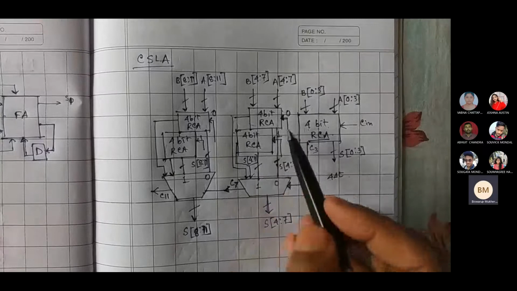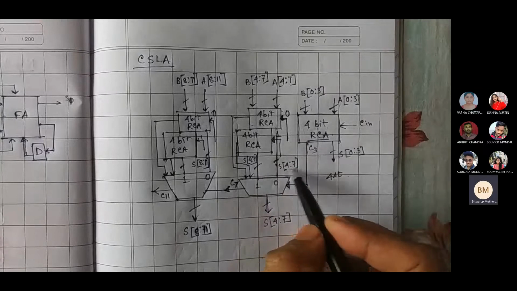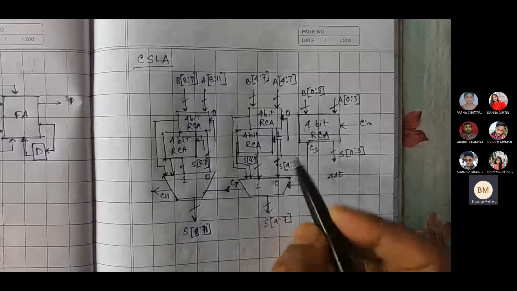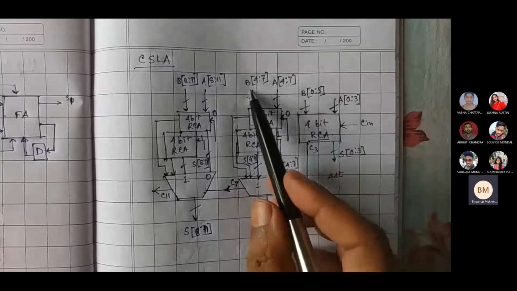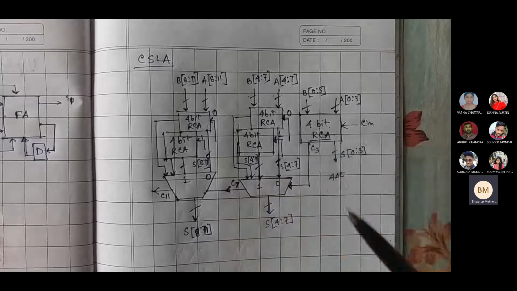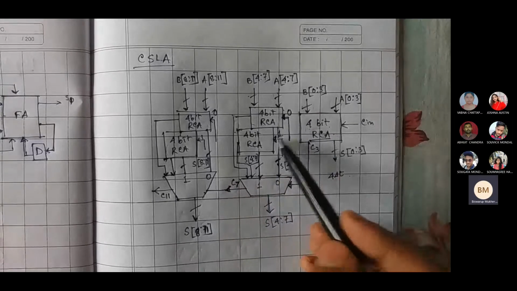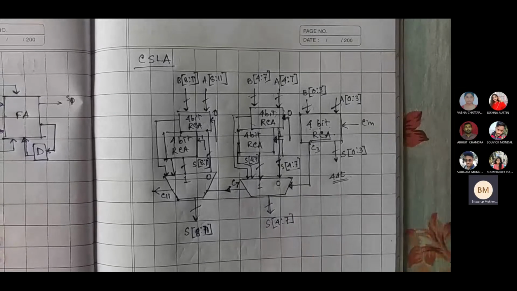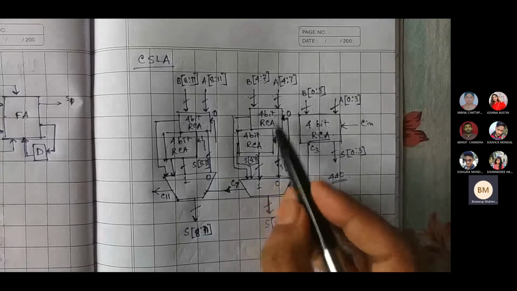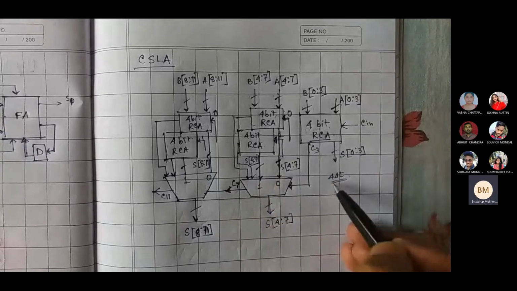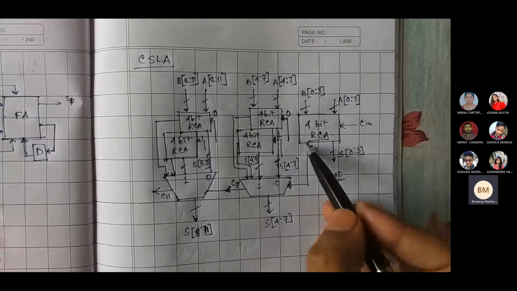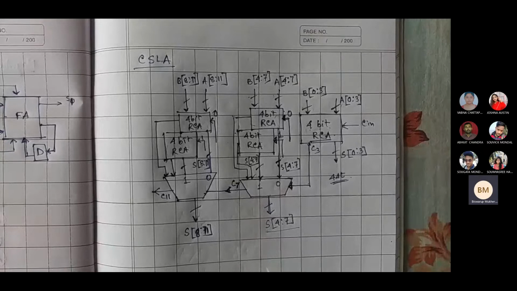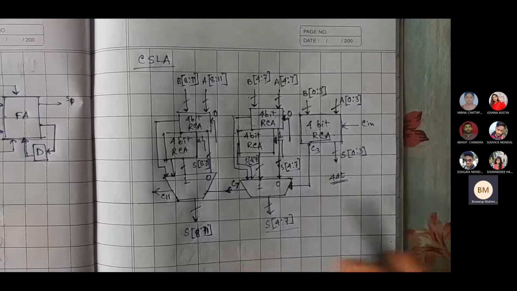In between 4 delta t time, the S4:7 outputs for these 2 lines have already been generated, because you already have A 4:7 and B 4:7 in these blocks. By initially introducing 0 and 1, the addition operation has already been performed at 4 delta t time. So after 4 delta t time, you already have this addition. Once this 4 delta t interval passes, you get C3. That C3 selects the final output, so you can collect C7 right after 4 delta t.